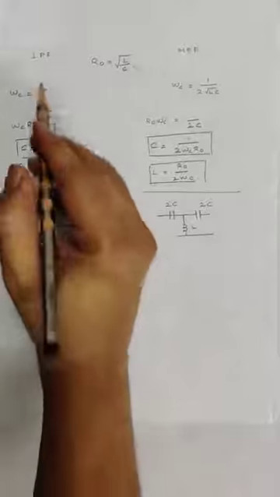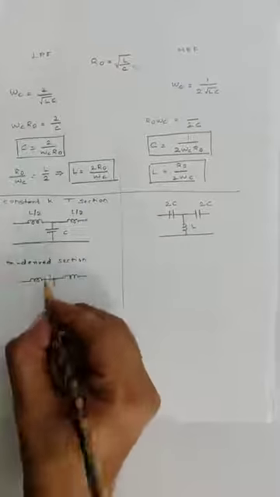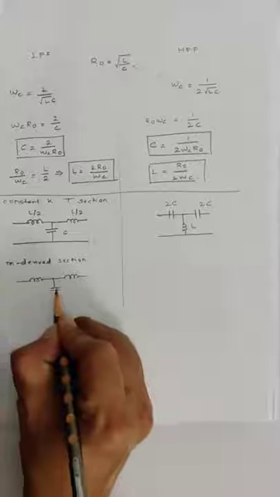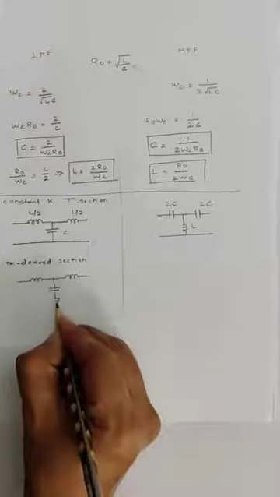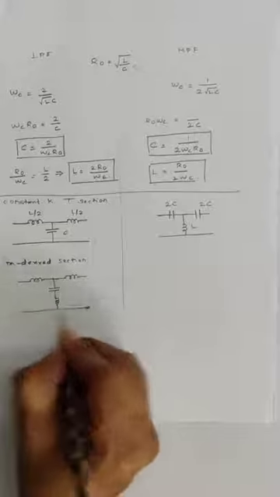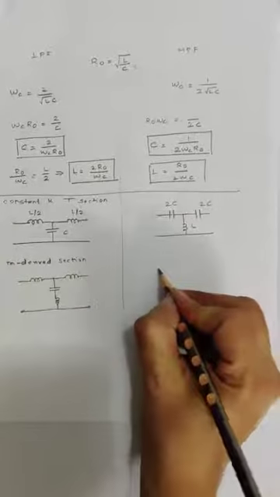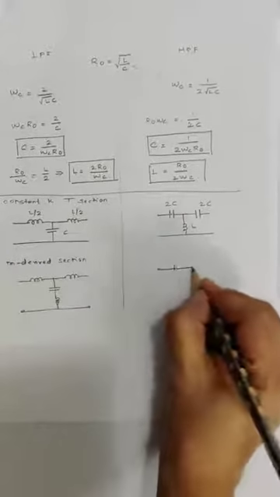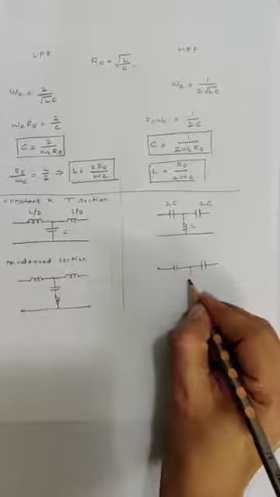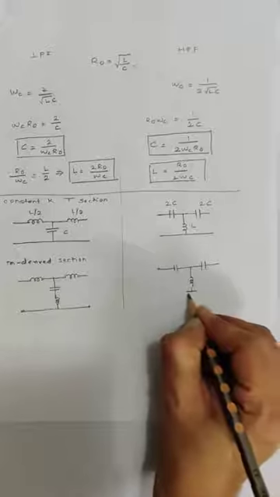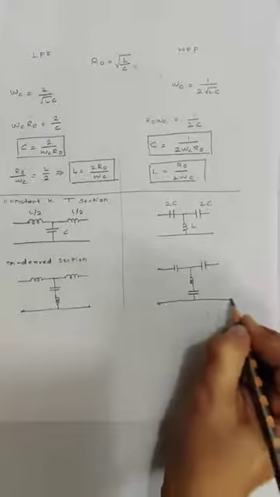You have this inductor, and again the inductor will be in the horizontal arm if you are designing a low pass filter, but the vertical arm of the M-derived section consists of two things, one capacitor and another inductor. Similarly over here you will have capacitors in the series arm, and you will have an inductor and another capacitor in the vertical arm.